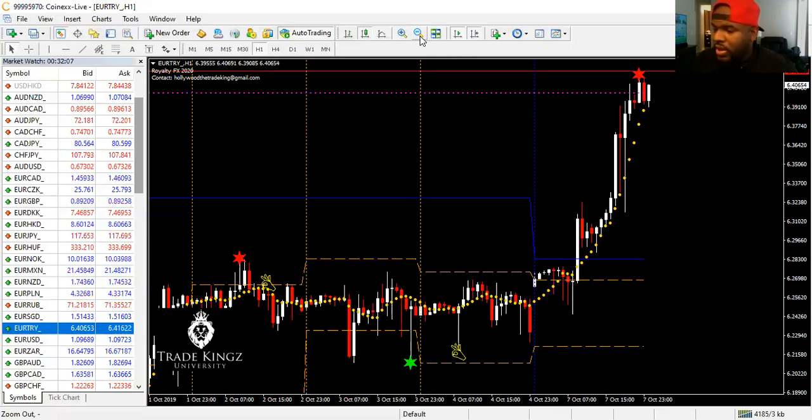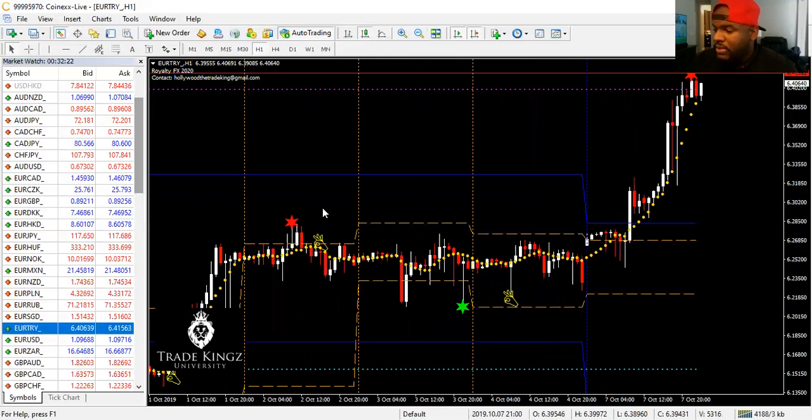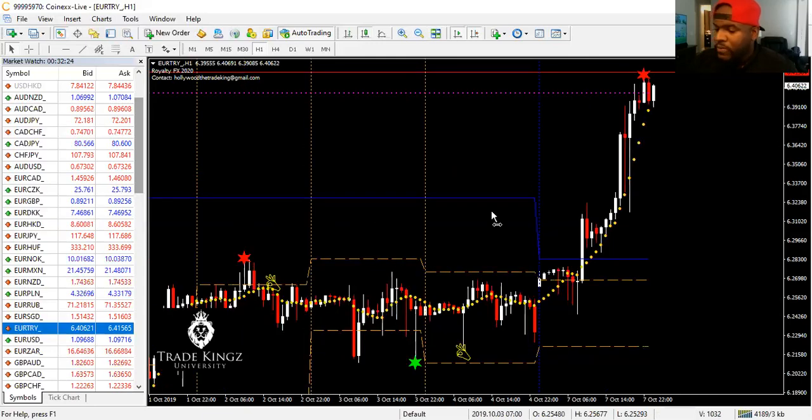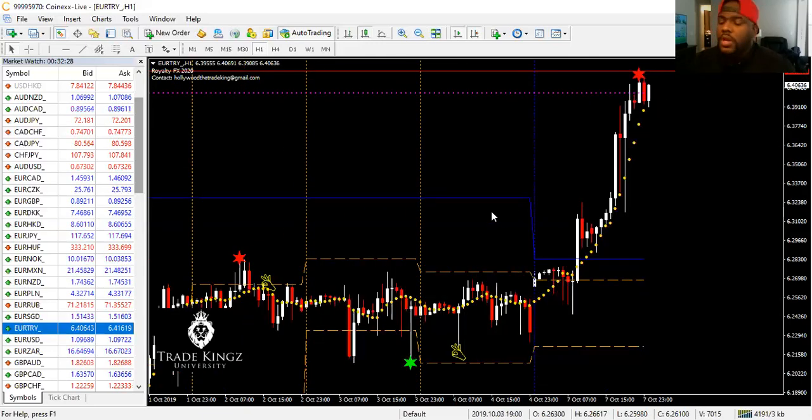The star, it does repaint. Okay, that's why I do not enter on the star. The hand gesture, it does not repaint. Okay. Matter of fact, if you want to be sure, I would say the best trade that you want to take